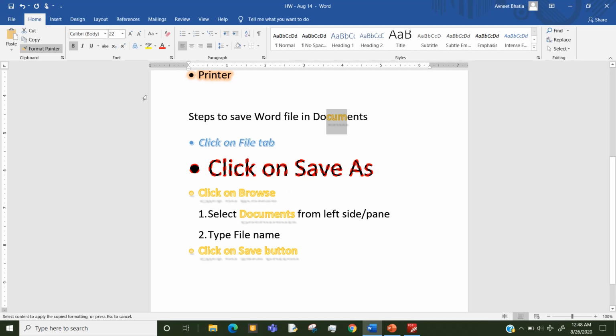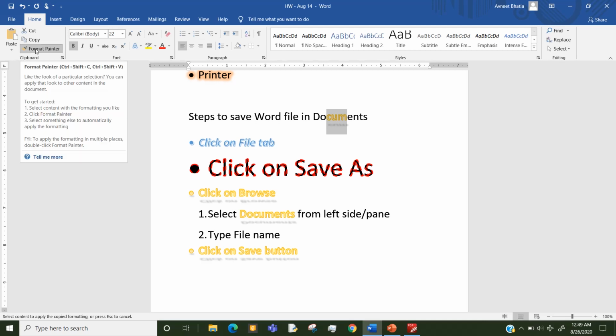So when I double click on the Format Painter, my option of copying the formatting remains in my cursor, and then I can apply it to multiple different lines. This effect will stop only when I click back on the Format Painter or press the Escape key on the keyboard.